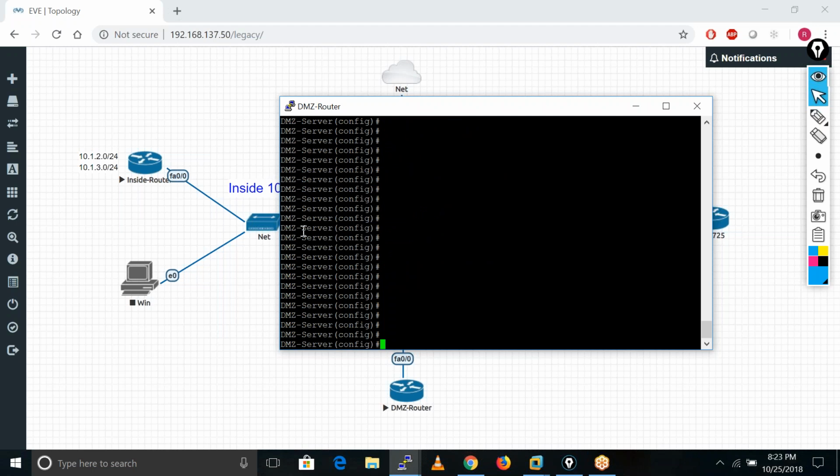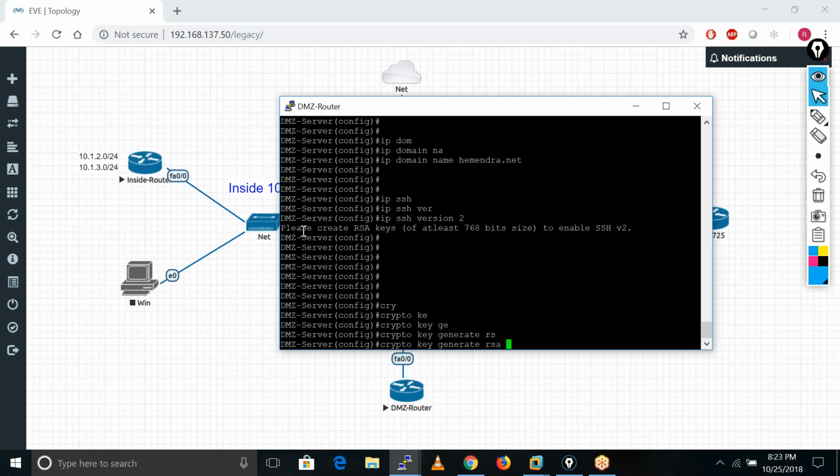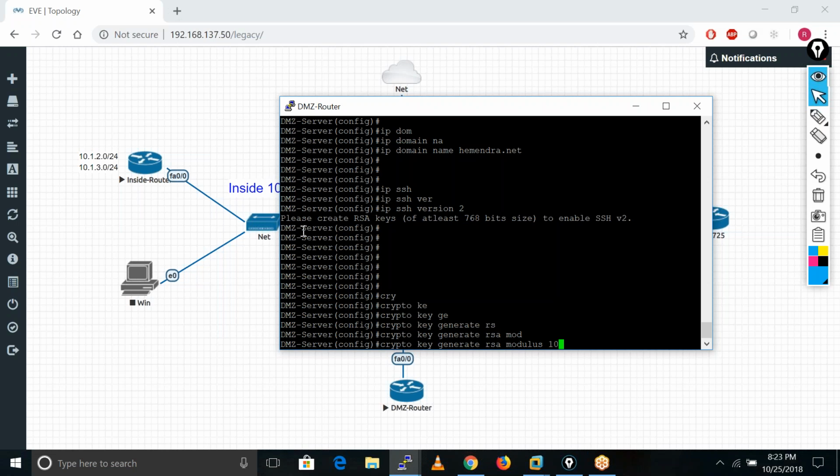Now I also need to enable SSH on my router. To enable SSH, first I need to configure the IP domain name. After that, I'll configure ip ssh version 2. Then I need to generate the key: crypto key generate rsa modulus 1024.